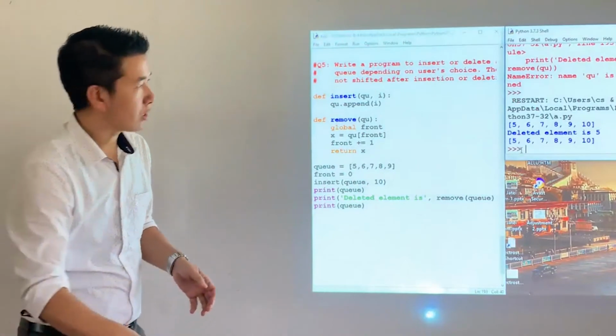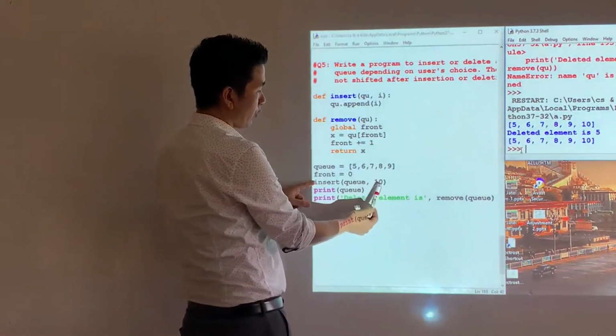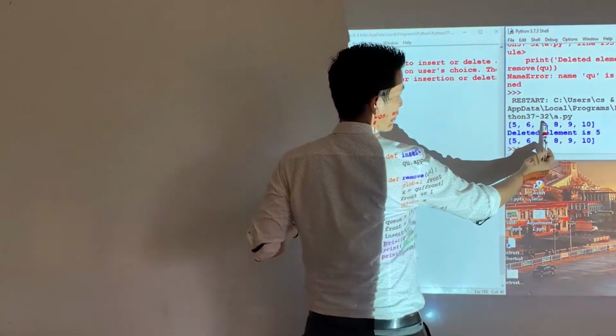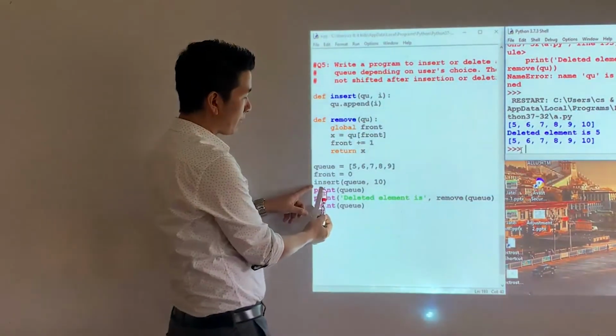Okay, now let's try to understand the program. Now this is simple, right? Insert Q10, and then when you print the value of Q, you get this 5, 6, 7, 8, 9, and 10. Okay? And then what happens is,